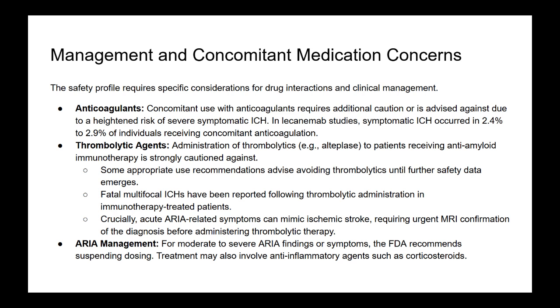Wow. So ARIA really forces clinicians to slow down, image first, and verify the diagnosis before jumping to acute stroke treatment. How does this whole experience with ARIA, the specific safety signal from anti-amyloid MABs, inform the development and safety considerations for other advanced therapies, like gene therapy? The lessons learned from ARIA are having a direct and significant impact on the gene therapy field, particularly concerning the use of recombinant adeno-associated virus, rAAV vectors, which are currently the leading platform for in vivo gene delivery.